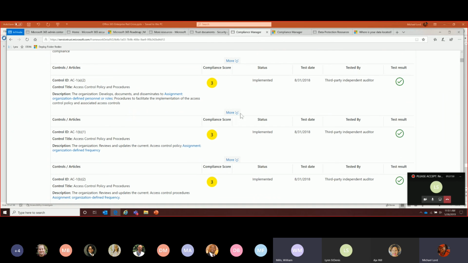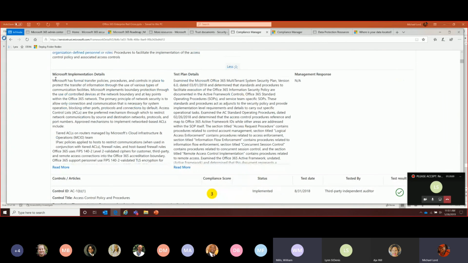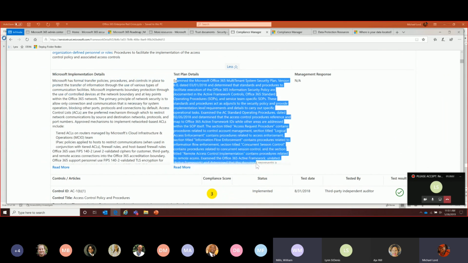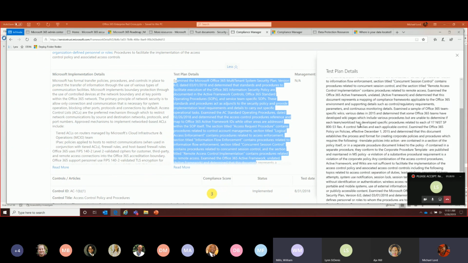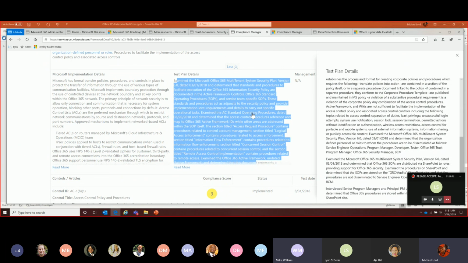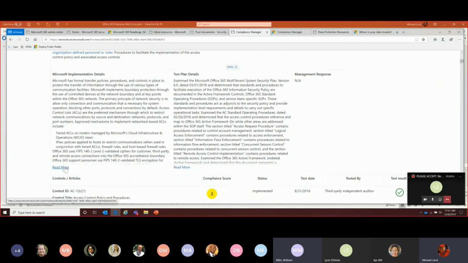As you go into the specifics, I'm going to just grab this one, which is access control policy and procedures, control ID AC-1 a.2. You can see specifically what are the implementation details, the test plan details, etc. And it's pretty extensive. Many of these link directly to the specific audit documentation.